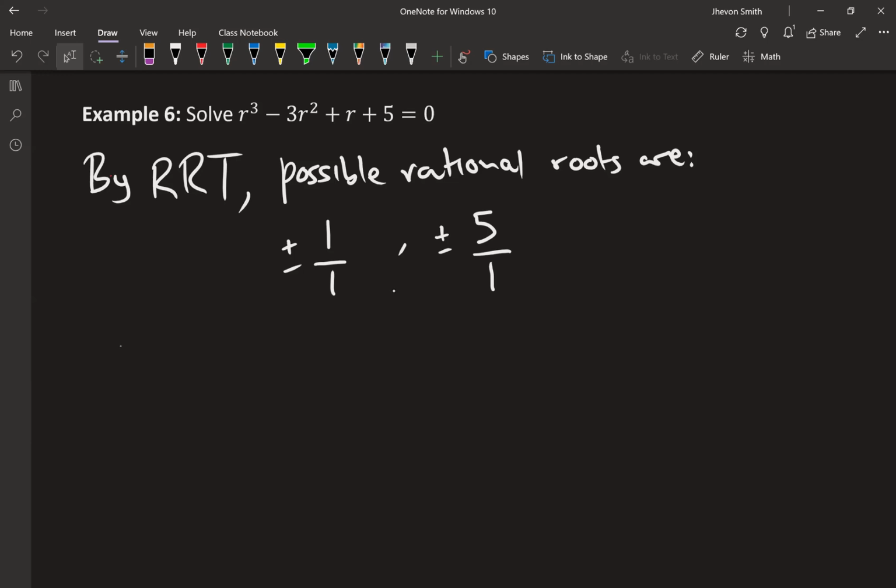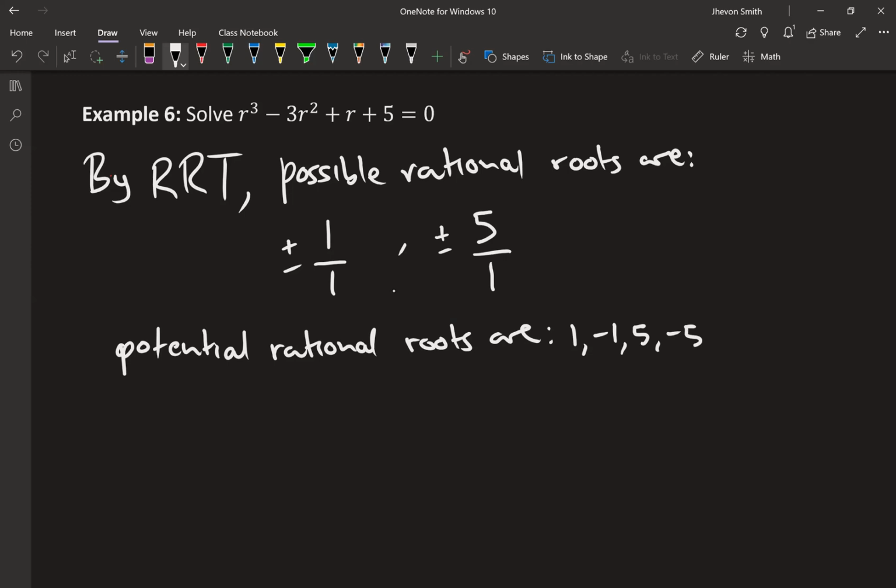So the possible, or let's say potential, rational roots are, well, you can have 1, you can have -1, you can have 5, you can have -5. Now, I am going to use the factor theorem. Using the factor theorem,